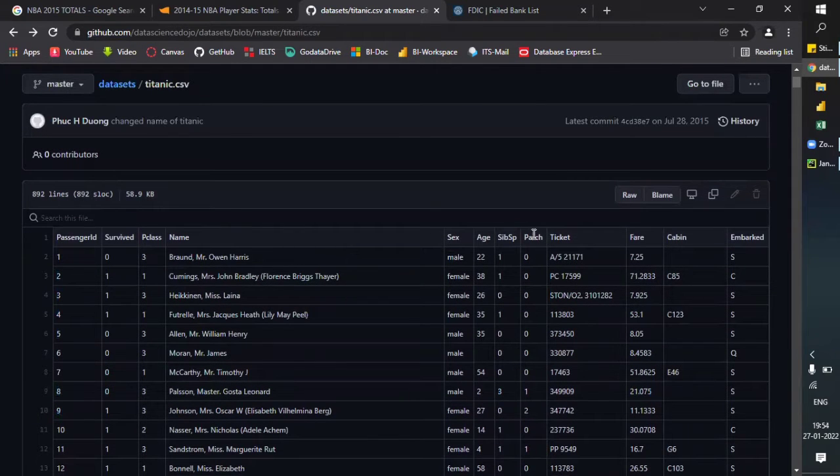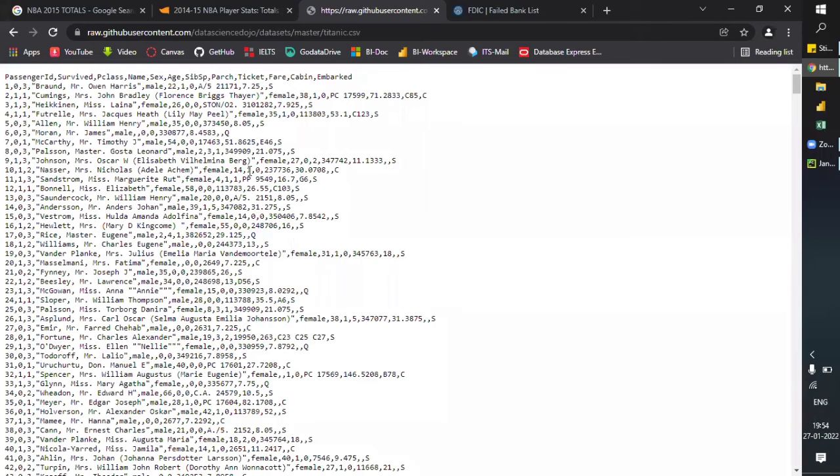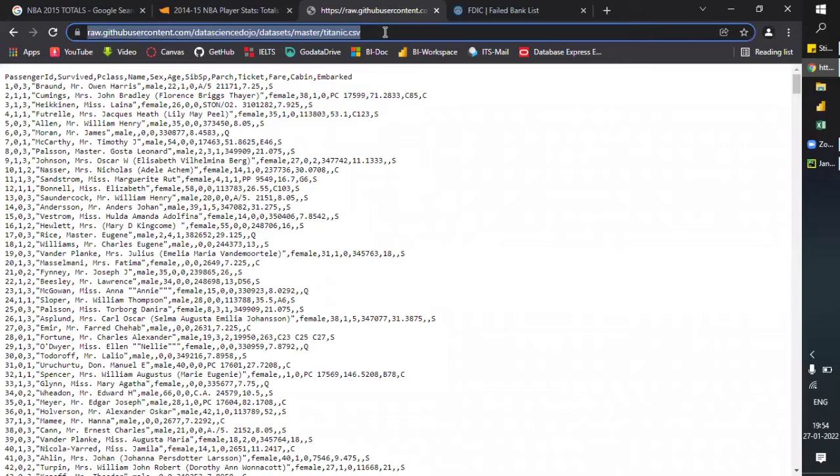What you can see is we have a raw option here. Just click here and it will open up the raw file. We have this raw file here, and just copy this location. Now you can see it's in CSV format.